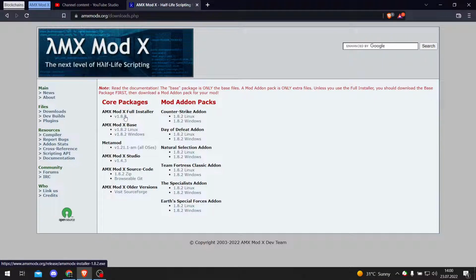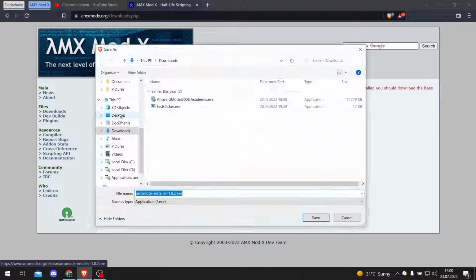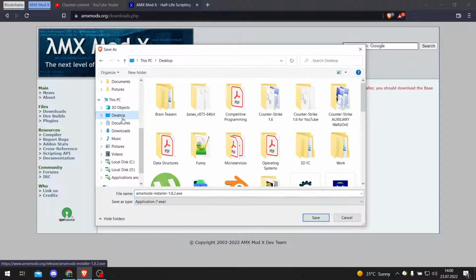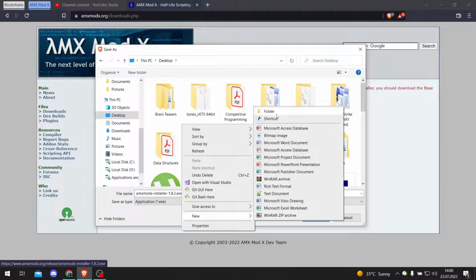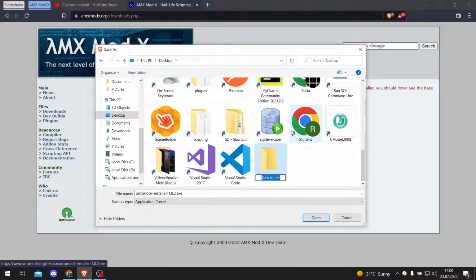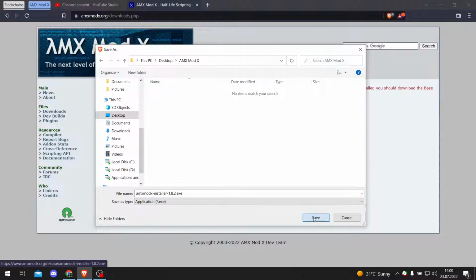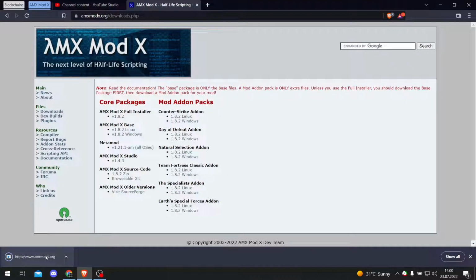let's actually install the installer. Yeah, I know what I said, and it's correct what I said, because that thing will install AMX Mod X in another place. So AMX Mod X, okay, open, save. This is the place I'm looking for, and yeah,